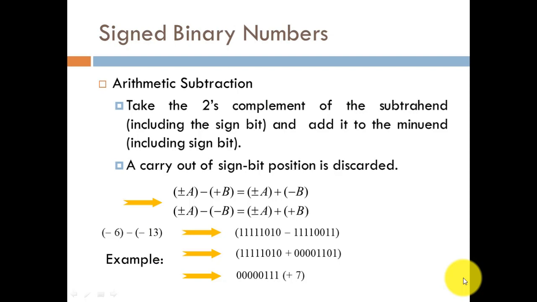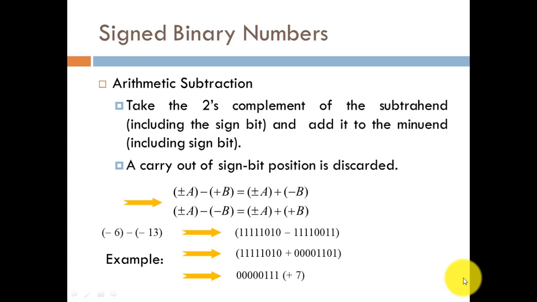So here you can say that this is your minus a and this is your minus b, and we have to perform this subtraction operation. What are we going to do? This is the 2's complement representation of minus 6, and this is the 2's representation of minus 13. So we can replace this minus sign with a positive, and replace this minus b with plus b. So 13 would have been written as 0 0 0 0 1 1 0 1. This is your plus 13, and this is the 2's complement of your minus 6.